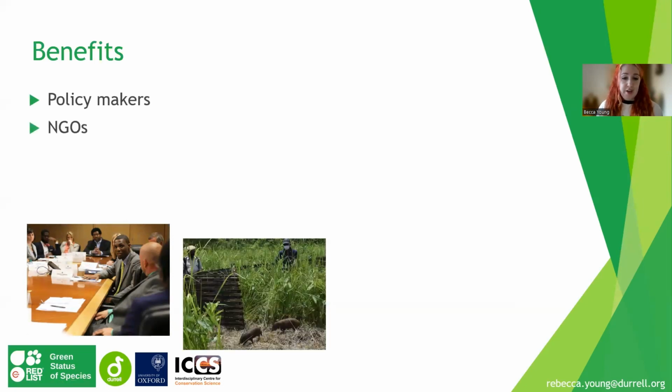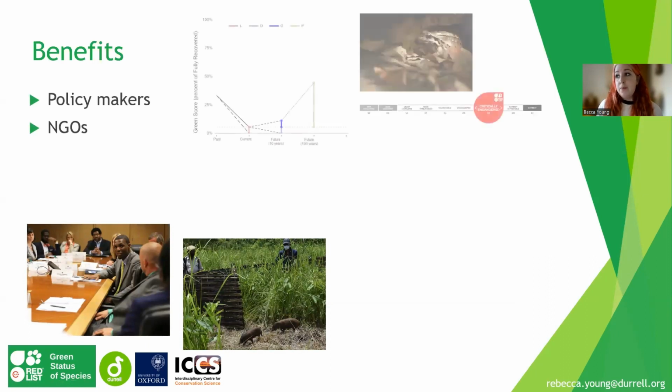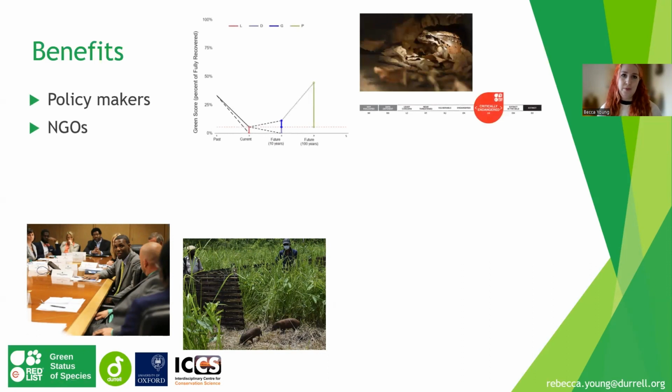It's really useful for NGOs for a lot of reasons, including, for example, morale. As I said, with the example of the mountain chicken frog, if you've worked on a species for 20 years, you want to be able to see that you're having some kind of impact. So it's a great way to communicate the impact of an organization and their programs to the wider audience.